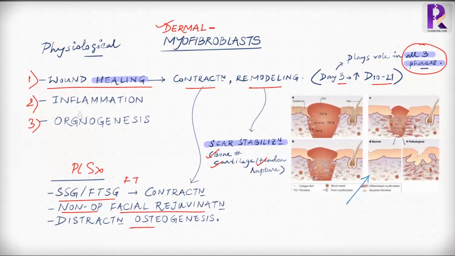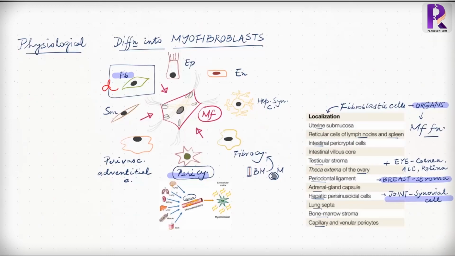and distraction osteogenesis. Other than the dermal fibroblasts which we saw, cells with the myofibroblastic function are present in various organs like the hepatic sinusoidal cells, lung septa, renal, bone marrow fibrocytes. Even the epithelial and endothelial cells can transition into myofibroblasts either during development or in tumorigenesis. Pericytes, which are cells around the microvasculature in various organs, play a central role in transformation into myofibroblasts in various